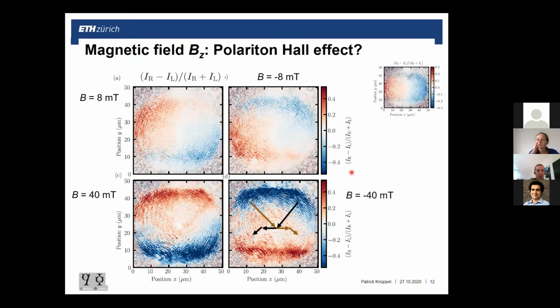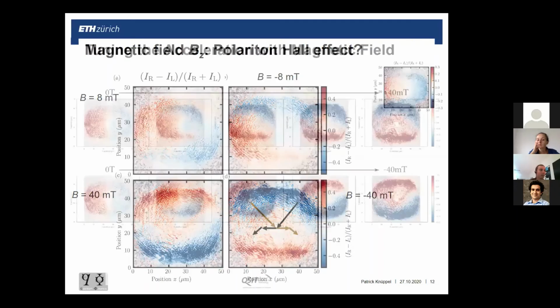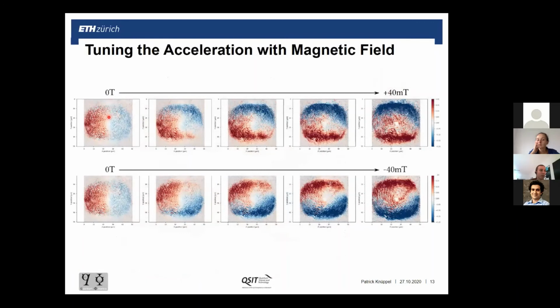And the way how we understand now what is happening is that as a function of magnetic field, we create a classical Hall voltage across the device, which is a new source of a density gradient which points transverse to the applied electric field. So far, so good. Then there's an interesting surprise that happens if we go to larger fields.